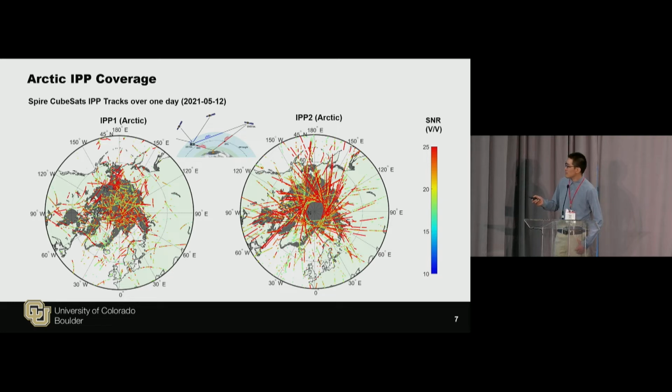So these two, as just mentioned, can be separated by a pretty long distance, several hundred to 1,000 kilometers. The left shows IPP coverage, and on the right shows IPP2 coverage. You can see that over the polar caps, there is pretty high density observation, and the coverage goes down to about 45-degree latitude.